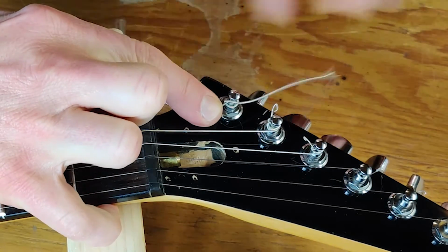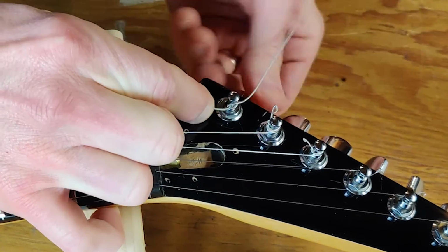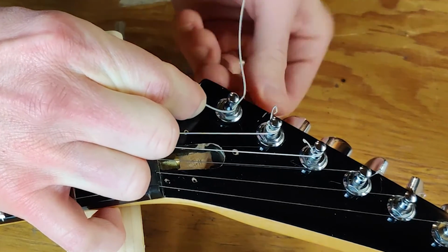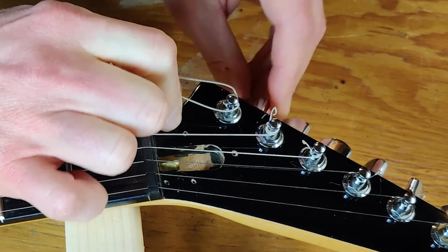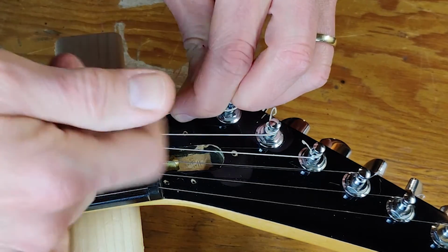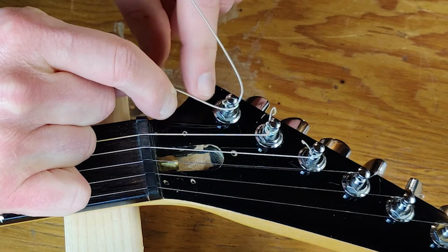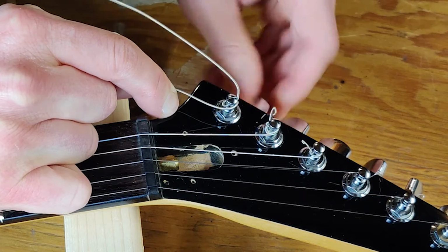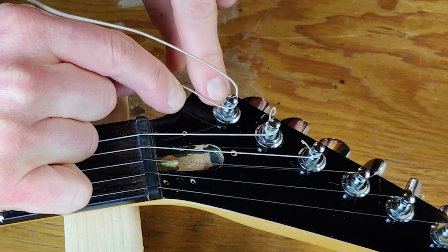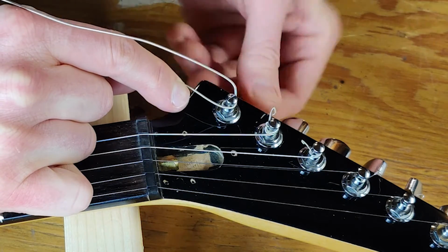So now the next thing is you want to start winding it. And as you wind it, you would like to make sure that it crosses over itself at least once. So what that means is I'm applying pressure, pulling back on the string with my right hand as I tighten with my left hand so that there's no slack in here and so that it wraps on there neatly. Right now I'm going over this part that's already on the tuning post. I'm going over the top this first